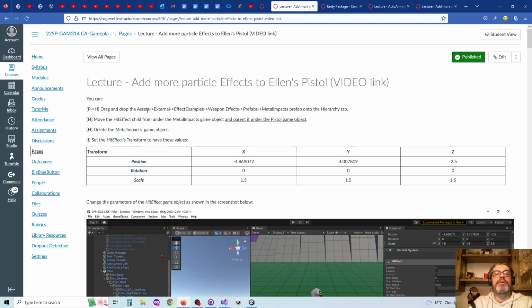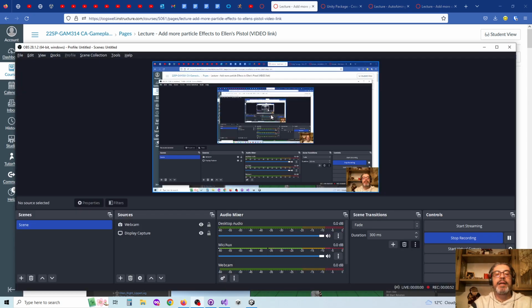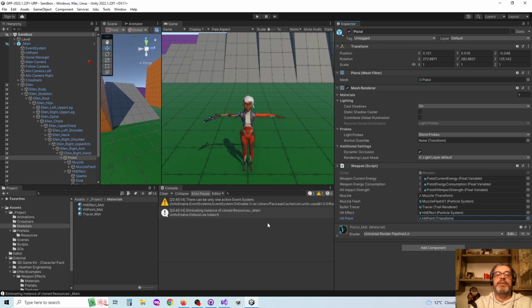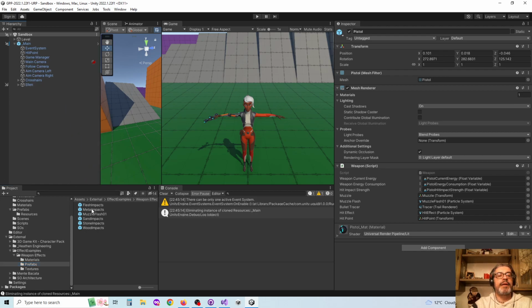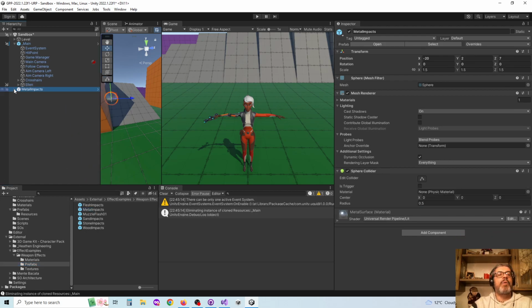Well, first of all, we have to go to the assets in the effects and get the weapon effect, metal impact. So the way it works is this. Here, prefabs, metal impact. So we're going to pick it up, right? And when we expand it, we see that the hit effects that we want are actually here. And in particular,